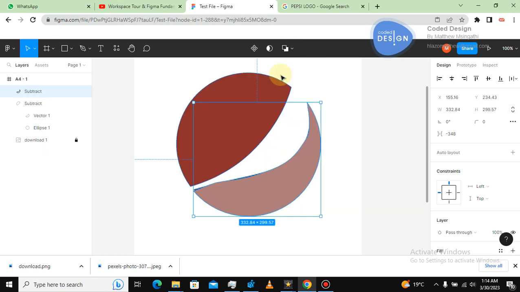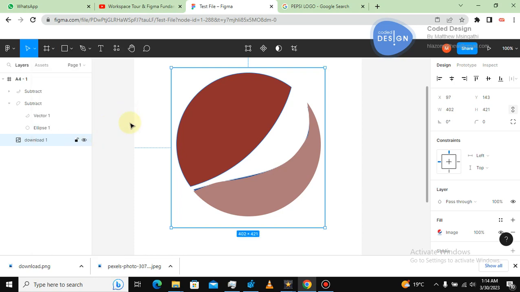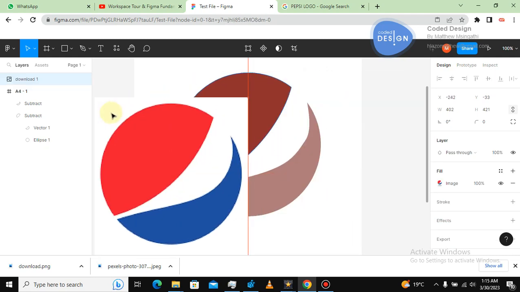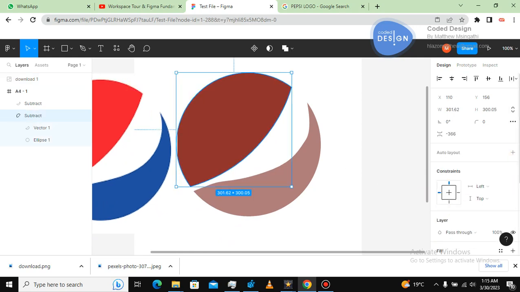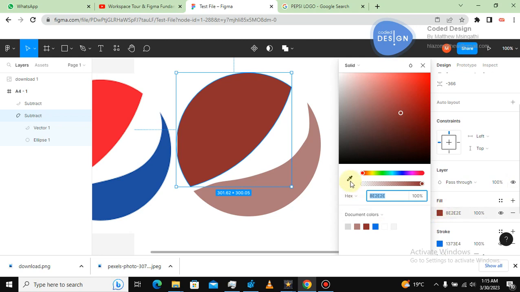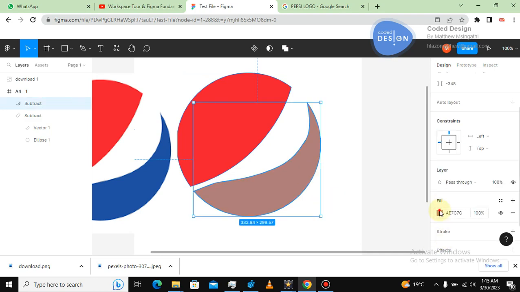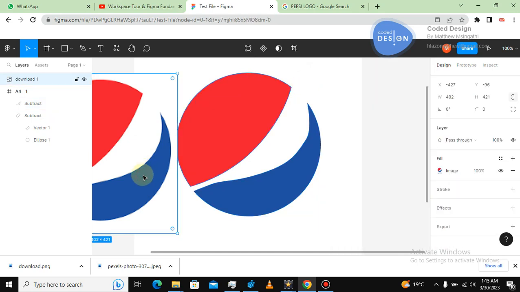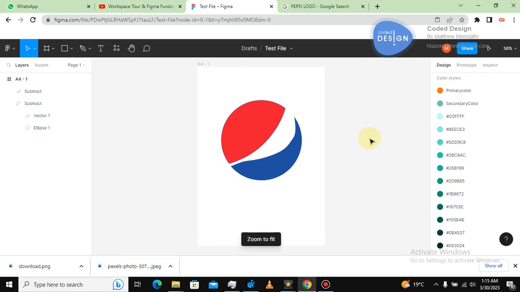Voila! What do we need now? I think we just need the color. So what we are going to do is unlock the picture underneath, and then we just sample the colors, and for me that will be the end of this crash course. Sample the colors, happy with that, and then click here, sample the colors. That is it. Shift 1. That is our Pepsi